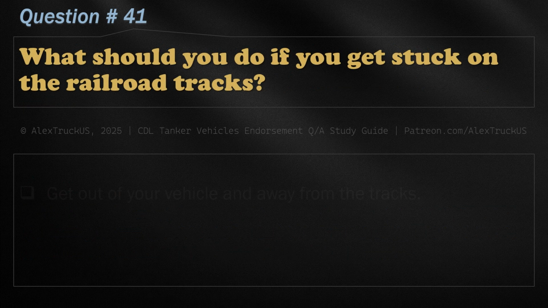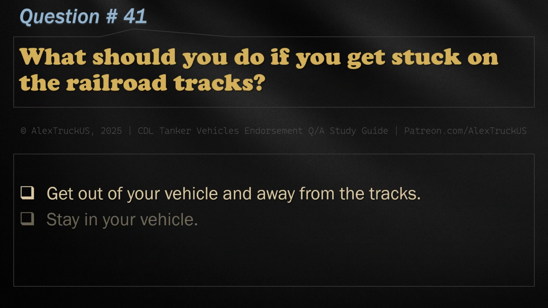Question 41. What should you do if you get stuck on the railroad tracks? Get out of your vehicle and away from the tracks. Stay in your vehicle. Scream for help. Correct answer is get out of your vehicle and away from the tracks.